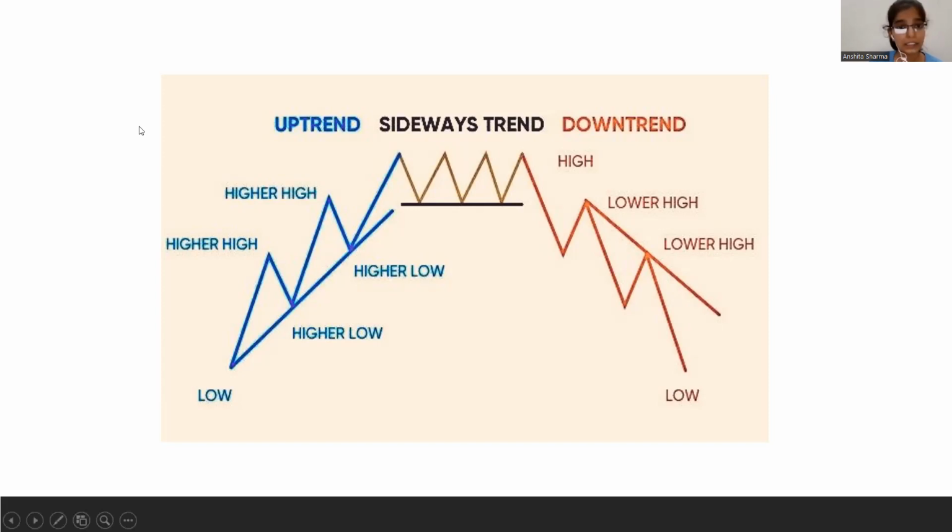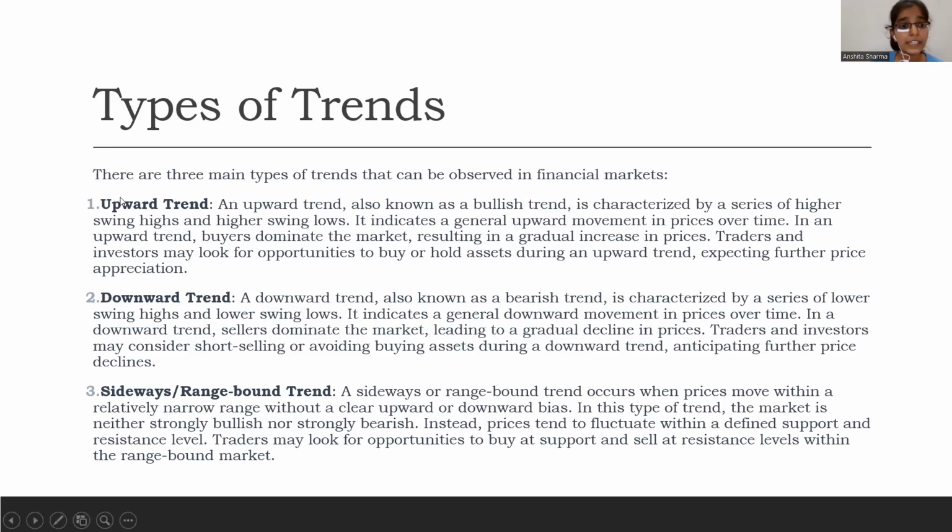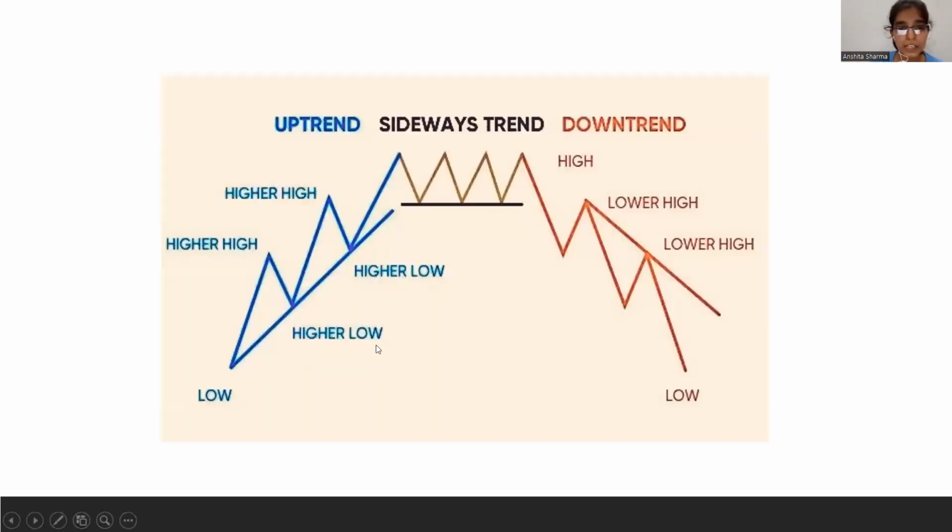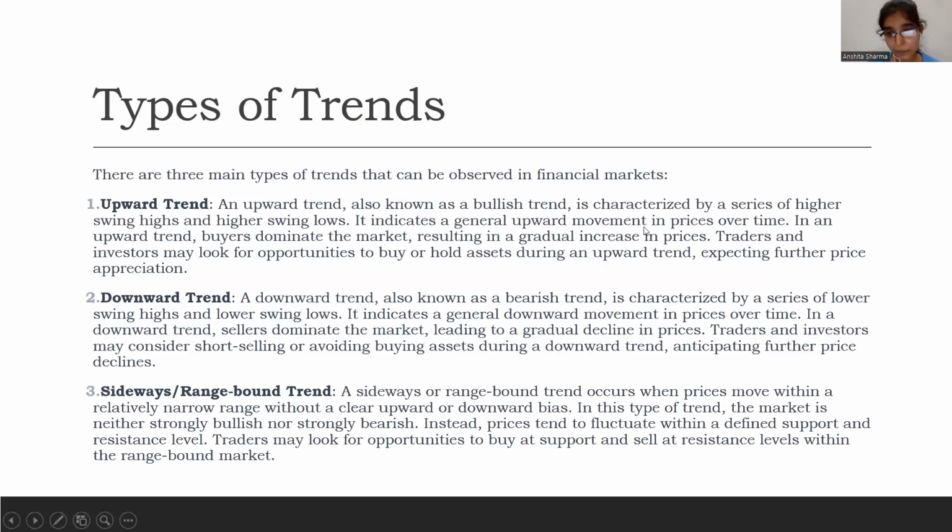An uptrend is also known as a bullish trend, and it is characterized by a series of higher swing highs and higher swing lows, as I showed you here. These are the higher lows points. It indicates a general upward movement in prices over time. So it shows you how the price is going up, or in an upward